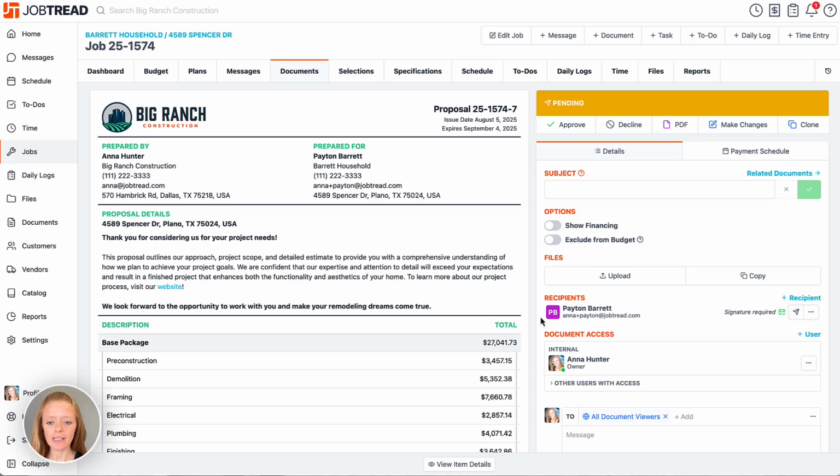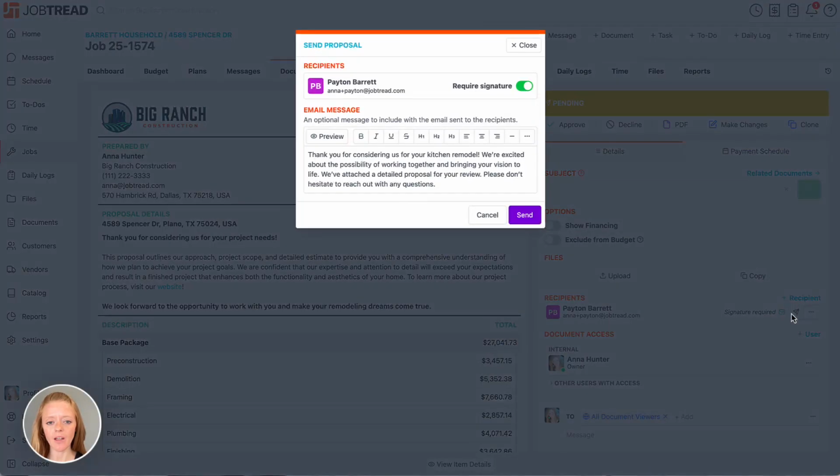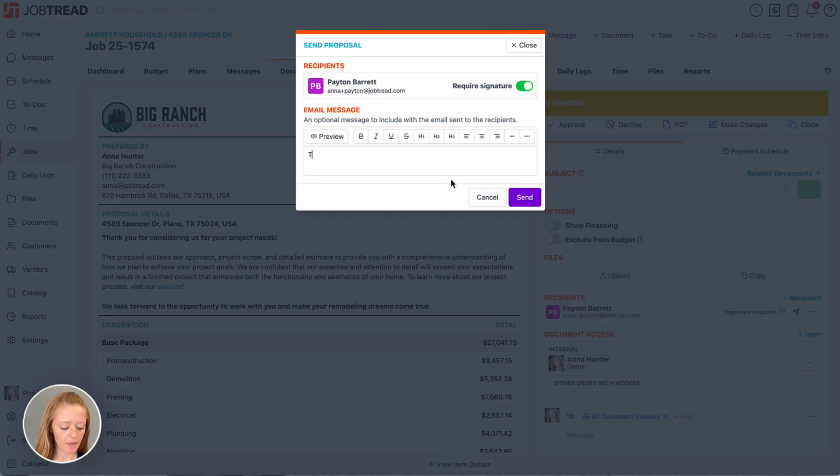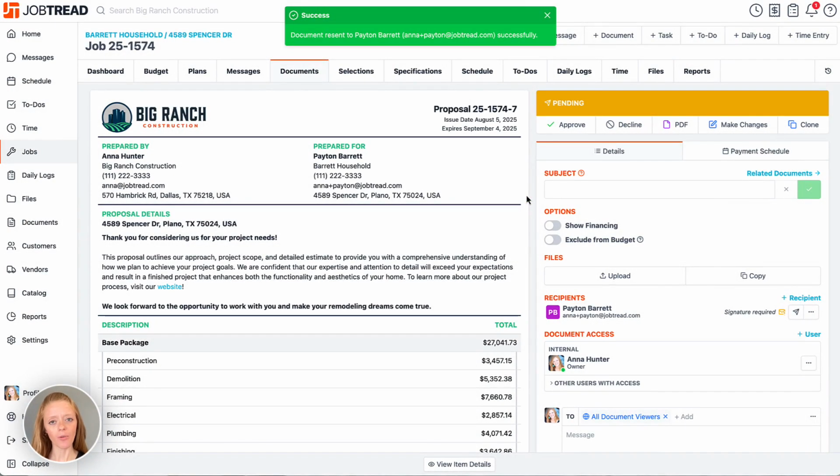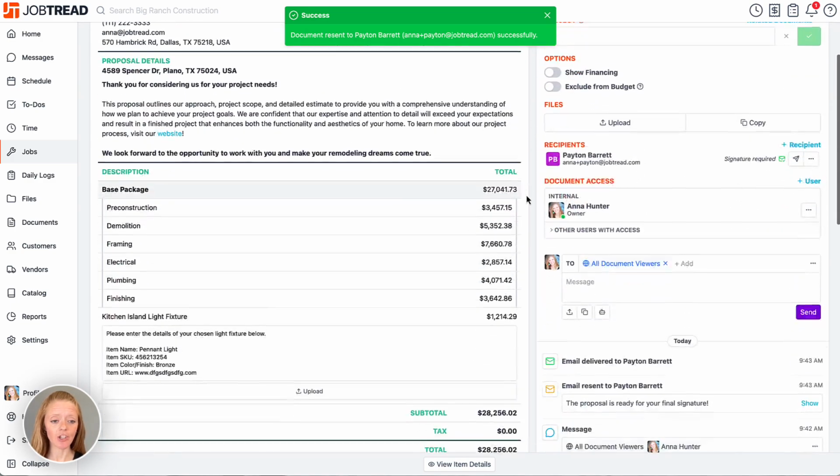So as you'll notice in the recipient section next to Peyton, there is a little paper airplane icon that allows you to resend this document. So when we click that, we might want to switch out our email message and say that the proposal is ready for your final signature. Great, and click send. All right, so now we have Peyton popping back in here, and she's going to review